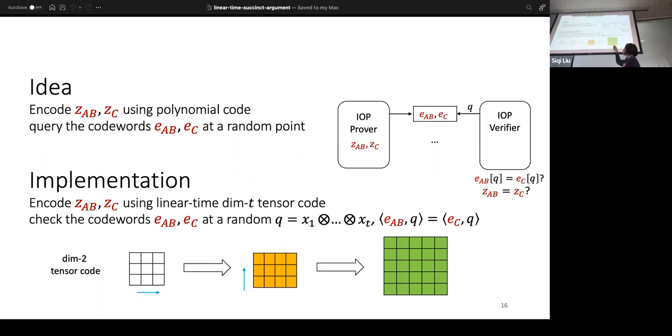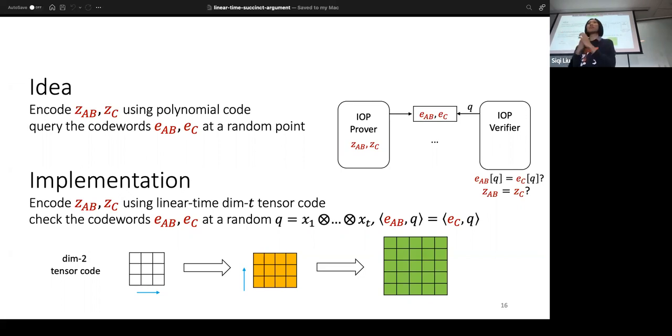However, since these are not really the evaluation table, as in the polynomial code, it's instead the coefficients. So what we need to do is take an inner product of this coefficient encoding with some rank 1 tensor of the form x1 through xt. So this inner product should really be thought of as just evaluating this low degree polynomial at a random point